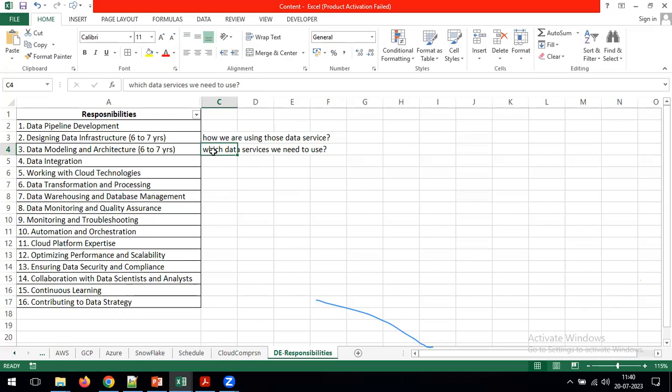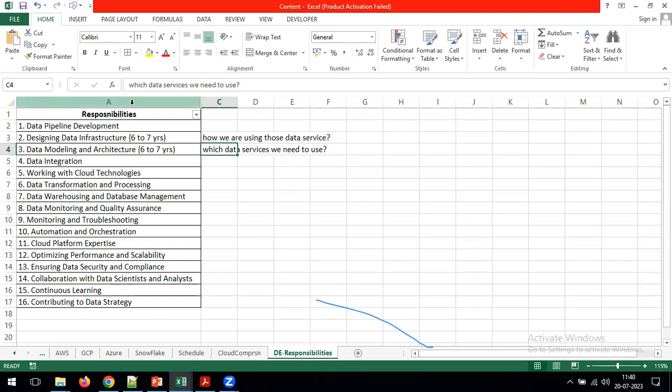As a data architect, I will say, go and use these 5 to 6 different services, but in which order we need to use those services as per the requirement, that is the activity we call a designing activity. Okay, got it. If you have any confusion, we'll discuss that in detail in the coming classes. Don't worry.